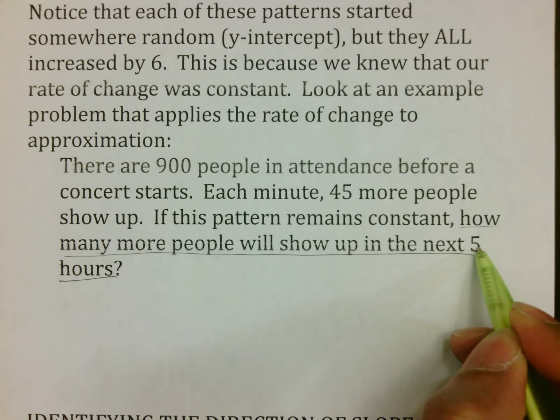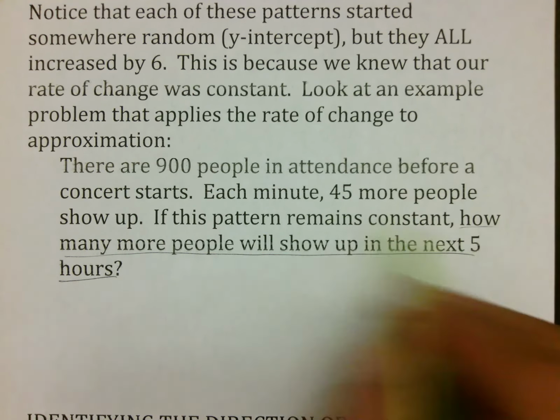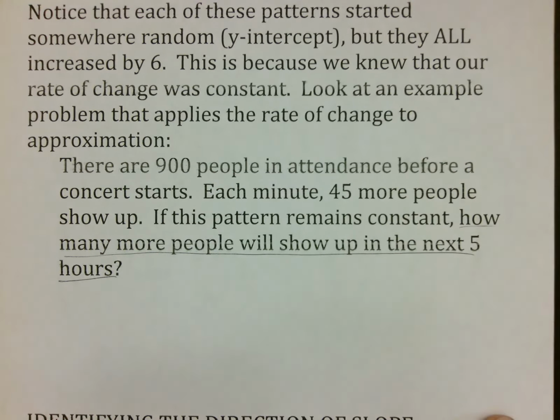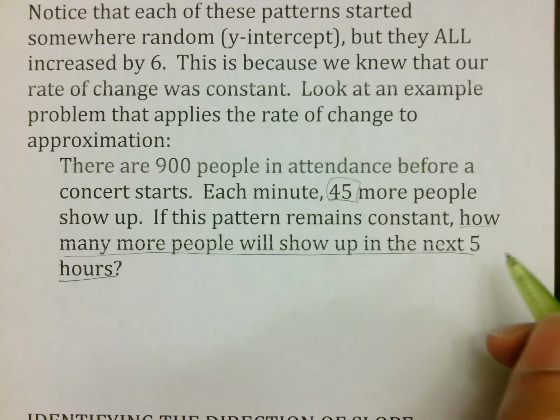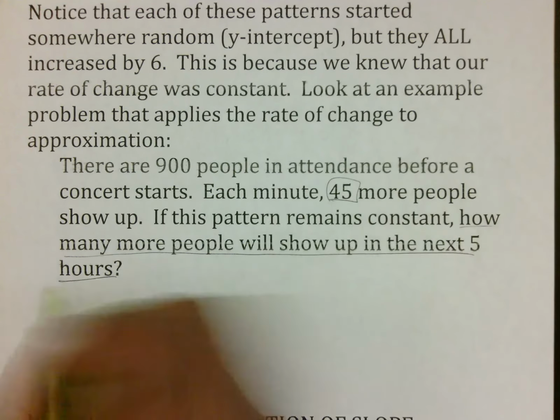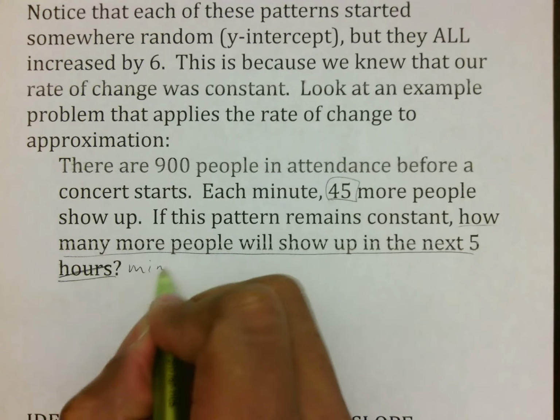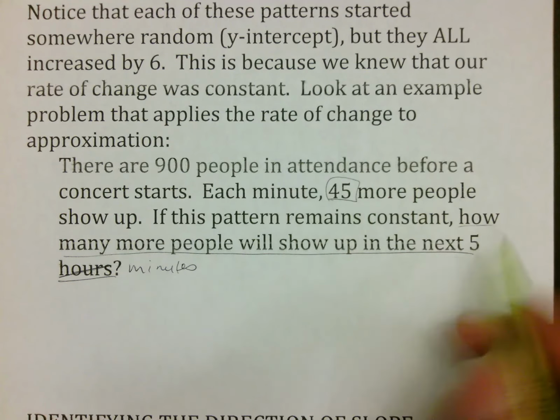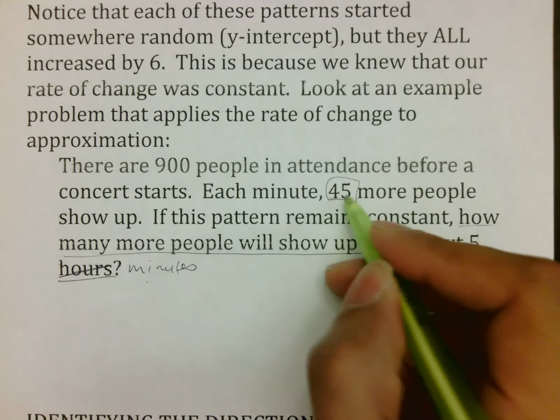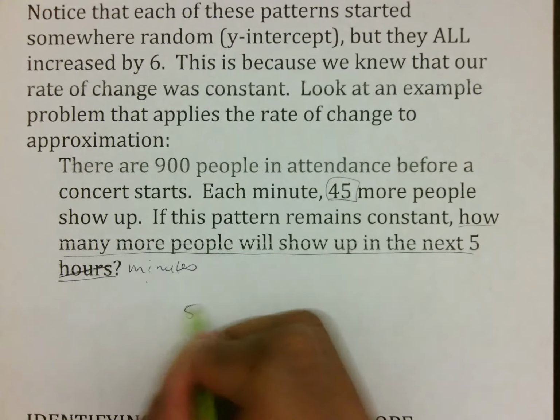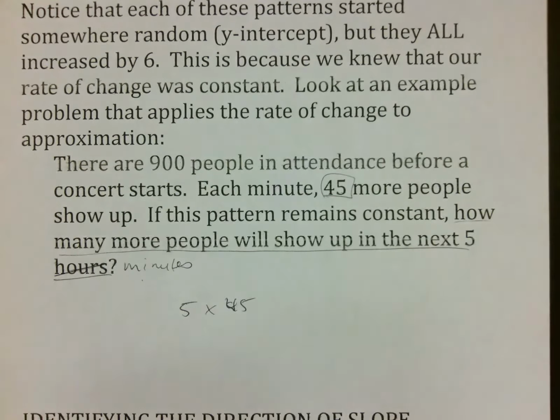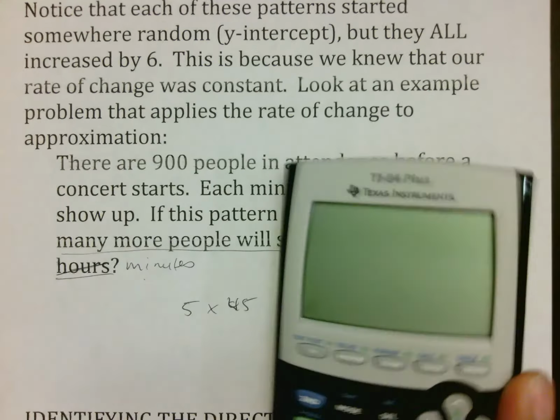Well, if the rate of change is that each minute 45 more people show up, then what that means is that you can say 45 people are going to show up every hour. I'm sorry, next 5 minutes. So if every minute 45 more people show up, in the next 5 minutes, that 45 should occur 5 times. So all we have to do is 5 times 45, and that should give us our answer that we are looking for,